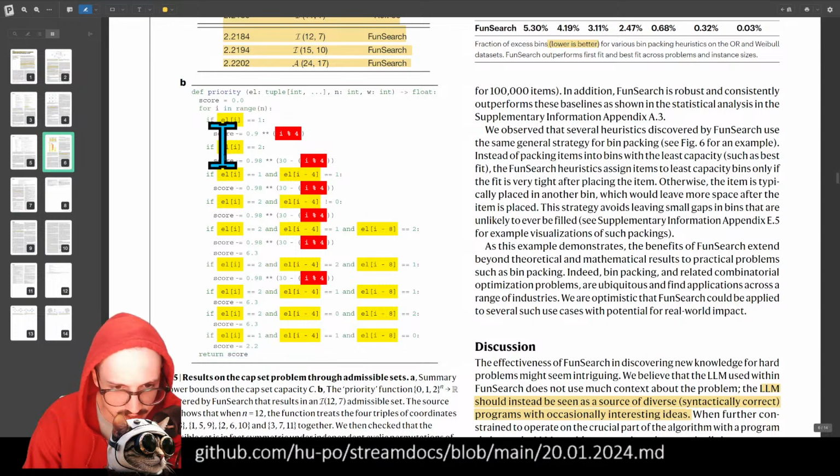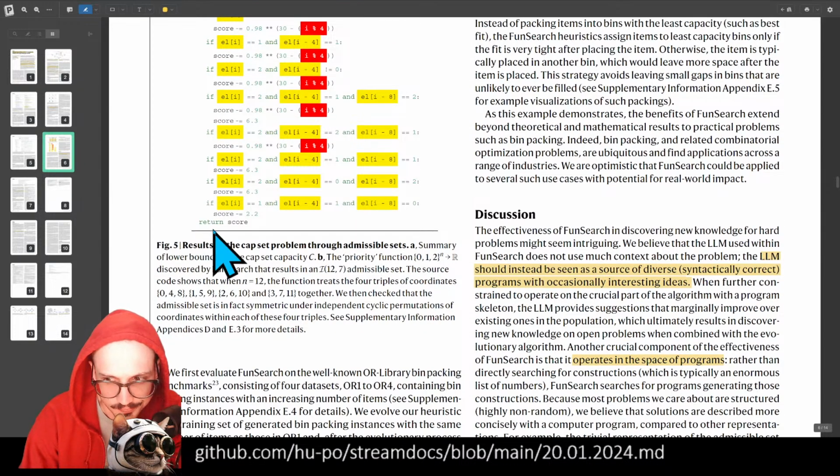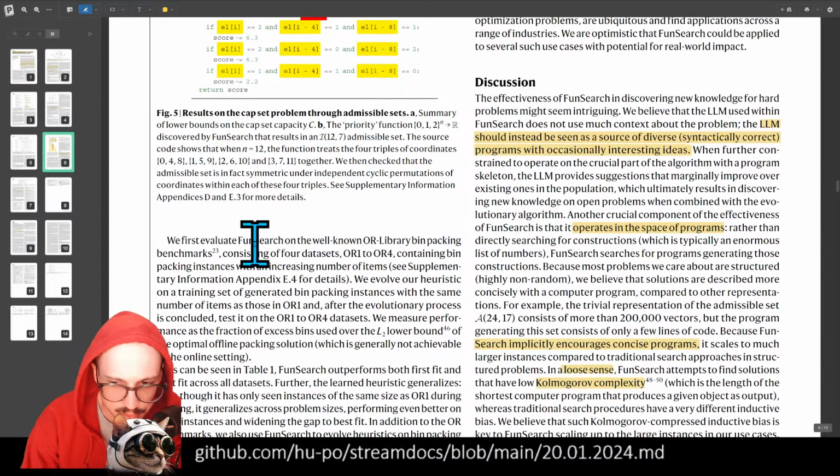You look at this tangle of if-else statements, right? Like, what is this? This is not good. This is not good code, right? I'm sure the human solution to this is only a couple lines, right? And it's more intuitive. So yeah, that's kind of the same problem I have with the first DeepMind paper,